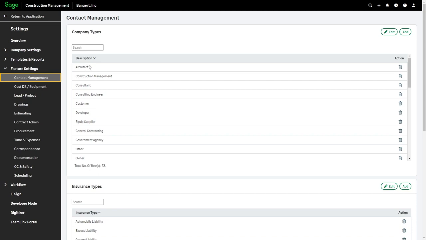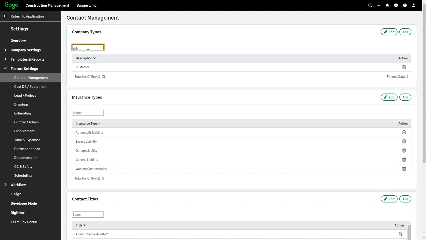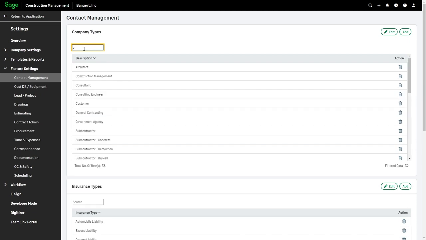With that being said, you can search through any of these lists. So if I did want to go through there and see what they've got in there for customer, you'll notice as I start to type, it'll basically do a filter and filter down that list to make it a little bit easier to figure out what I've got in there, what I don't have in there yet. I can delete them. The only stipulation to deleting is that I cannot be on any companies and things like that. So that's true with all of them: if you have any type of transaction or any type of company that is still associated with that, you won't be able to delete it.